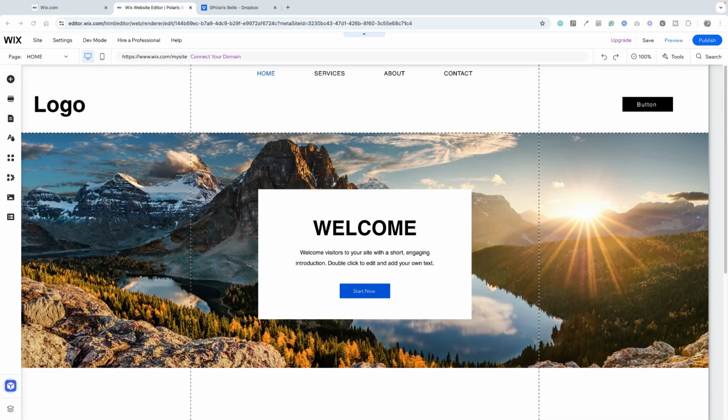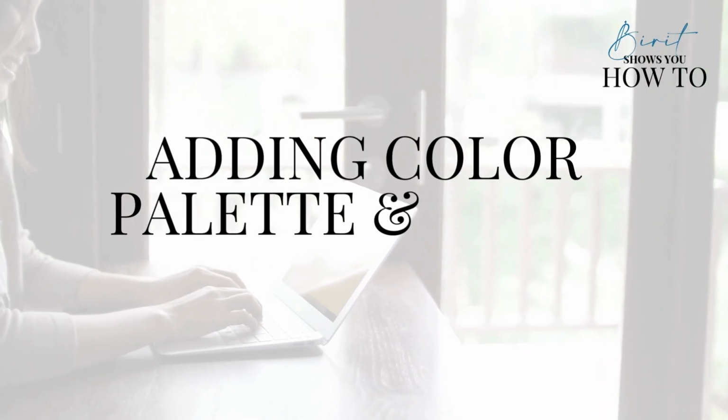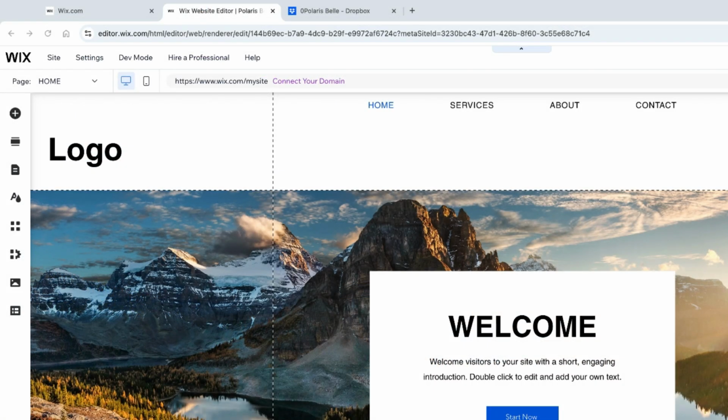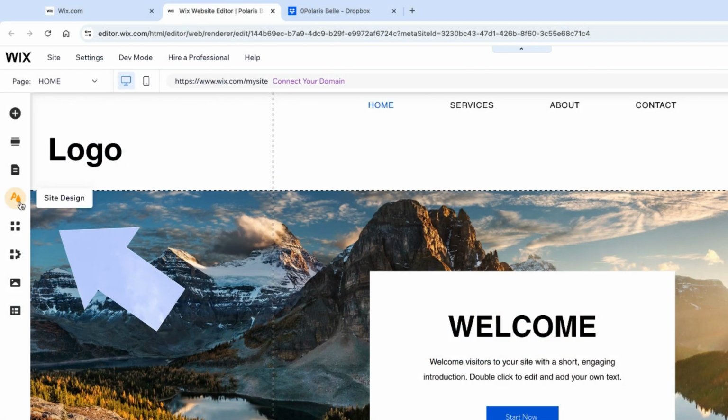We are in the editor of the basic website that I built in my last video. Today we're going to do the first thing that I always do when I start a new website, and that is to add the color palette and the fonts. So to do that, we're going to go over to this little teardrop here, and it says Site Design. We're going to click on there,